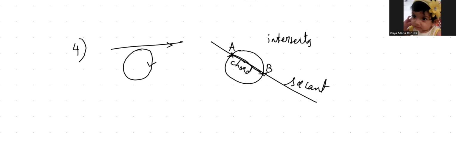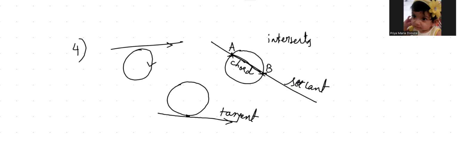Yeah. So you should know what's a secant, what's a chord, and also then you also have a case where really the line doesn't cut at 2 points or doesn't intersect 2 points. It just touches the circle at one and only one point. It touches. That's called a tangent. Yeah. It's not cutting it at two distinct points. You see, just touching the circle at one and only one point. I mean to say there's only one point common to the circle and the line, that's called a tangent. Okay, so you should know this terminology. All right. So moving on,